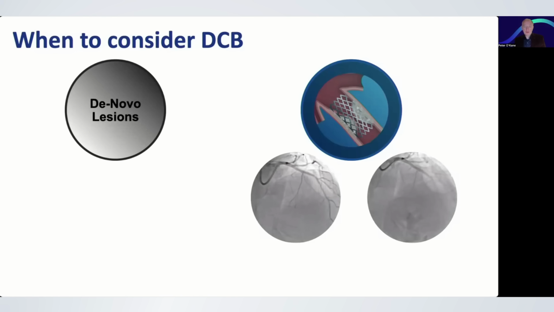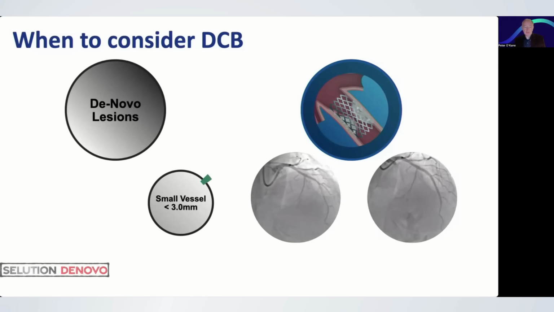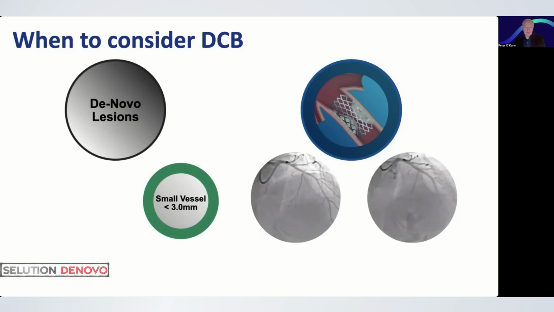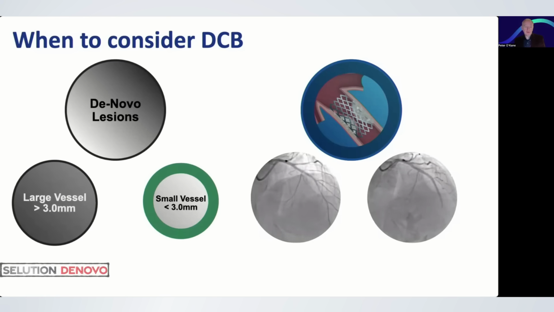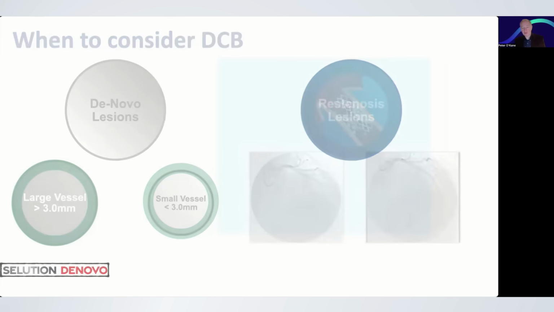So restenosis is an area where we already use it. Small vessels is an area where we use it. SELUTION DeNovo has confirmed it's safe and effective in this group, but also in large vessels. And what I will talk about now is how this might penetrate through our use of both drug-eluting stents and